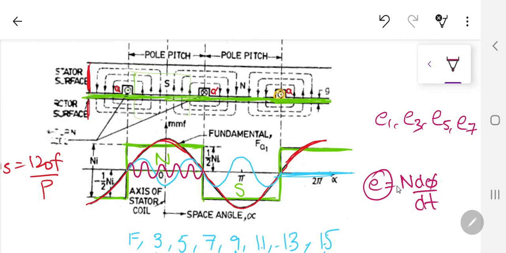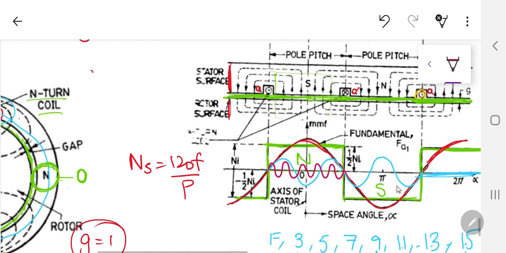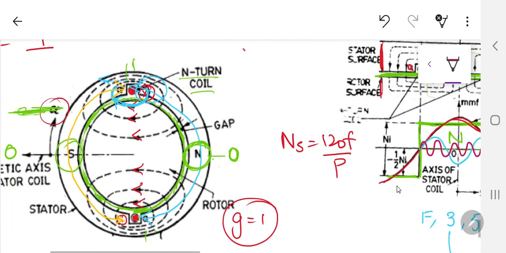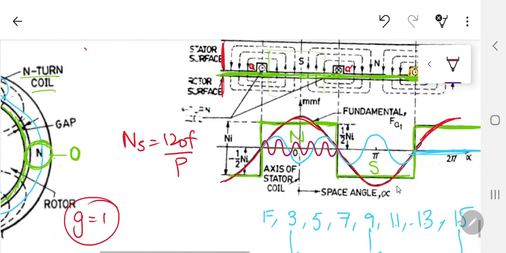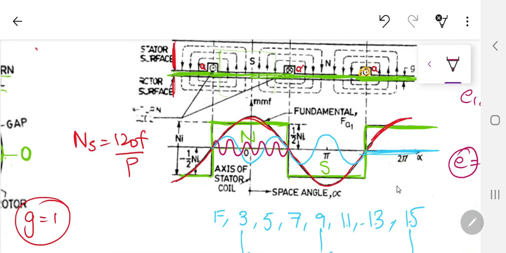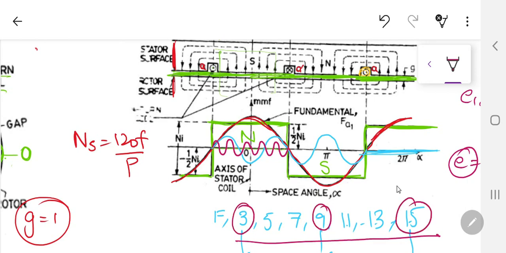We will go into that much detail later, but just for now, as you can see, in a concentrated winding where G is equal to 1, the MMF waveform is a square wave, and if we do a Fourier analysis of this, it has all sorts of harmonics: the fundamental, the third, the fifth, the seventh and ninth. So if the square waveform is talked about, you have all these harmonics. Yes, because of the three-phase machine and its winding design, the third harmonic and its multiples will be eliminated. We will discuss it later on.